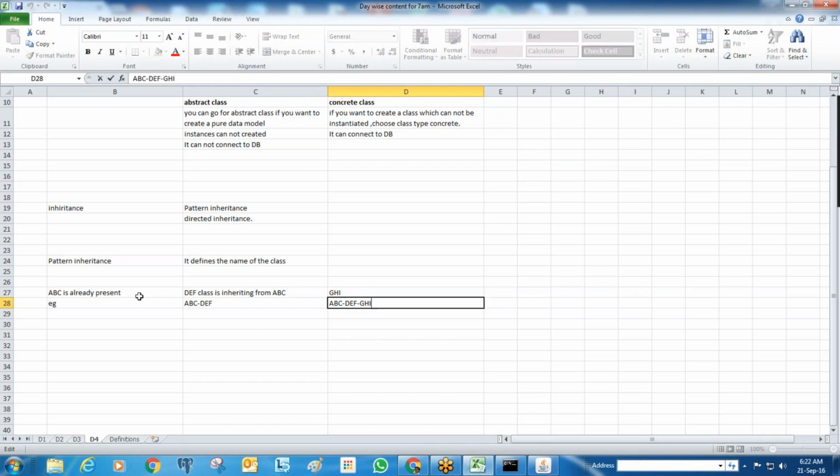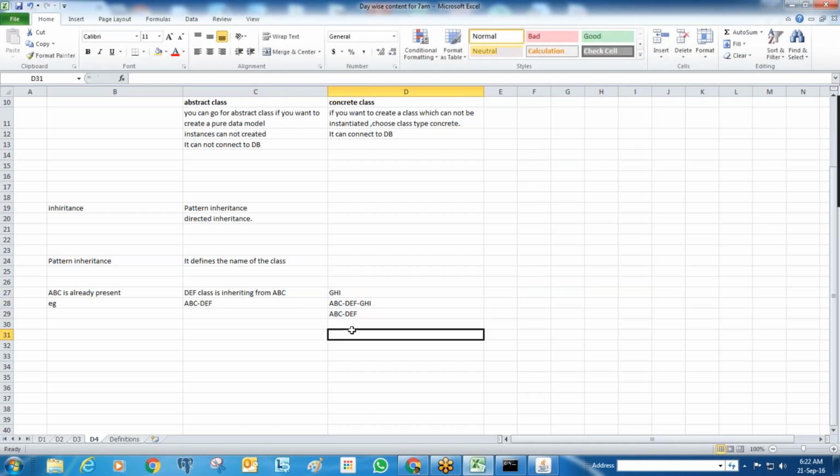That means I want to inherit DEF, and DEF is already inheriting ABC. By seeing this class name, I can say that ABC-DEF is one parent class and ABC is another parent class. By seeing the class name itself, I can say what the parent classes for the class are.